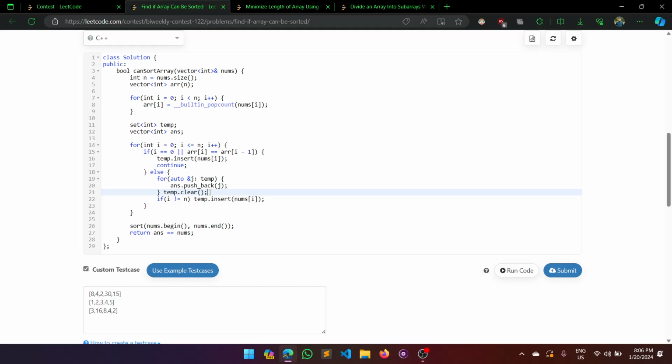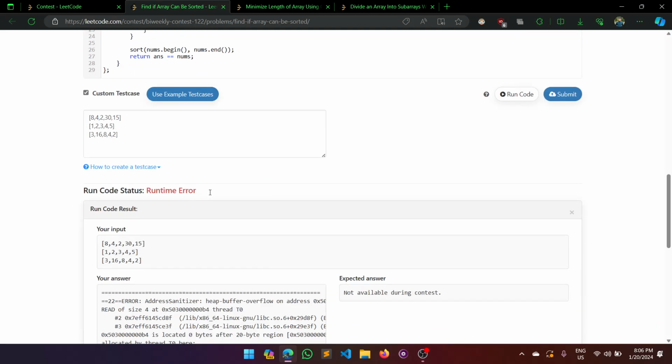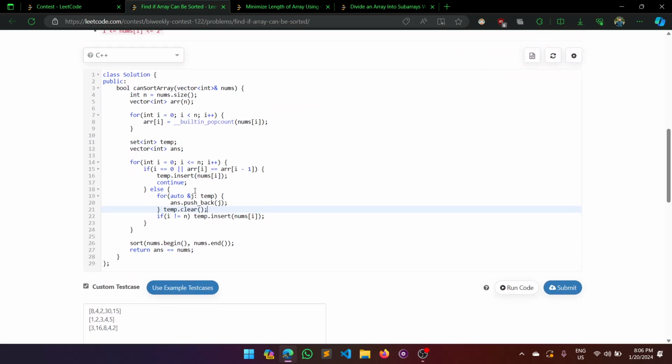Clearing the temp. Yeah, if it isn't equal to n, then